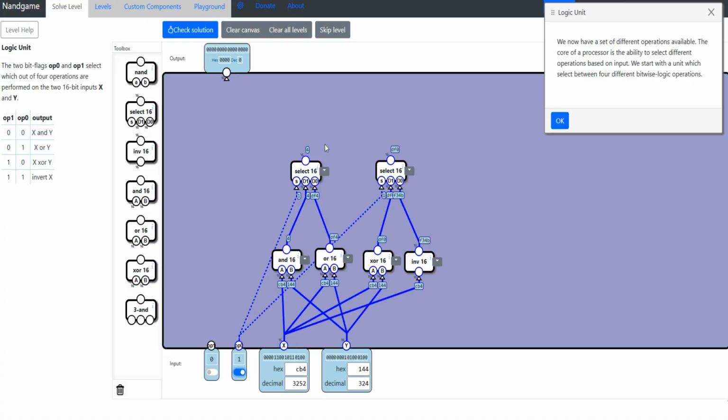Now we have to determine which one of these two we select. Again, we can just use another selector, and we'll hook that selector up to opcode 1. If opcode 1 is 0, it should choose the AND or the OR, which are being routed through here. And if opcode 1 is 1, it should choose either the XOR or the invert, which are both being routed through this selector. All right, so now we can see opcode 1 is 0, opcode 0 is 1,